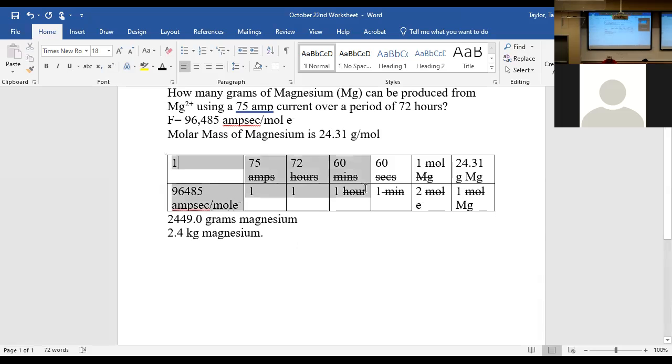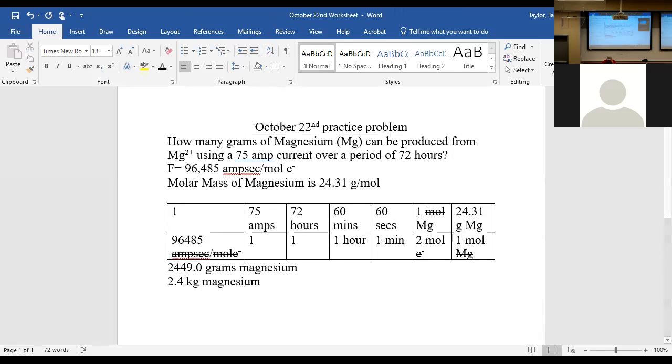It's mainly just unit cancellation. There's really nothing much else to it. I remember whenever I got this problem on a quiz, I completely bombed it because I had no idea what I was doing because I missed the class. So I got a 0 on this quiz, but looking back on it now, it's one of the easiest things because it's literally just canceling out the units in order to get the correct answer. And that's all you need to do in order to solve for the electrolysis problems. And we already covered all of the flashcard